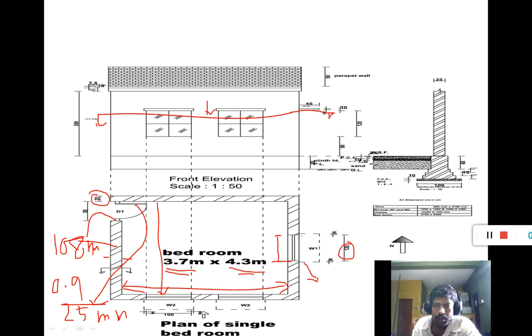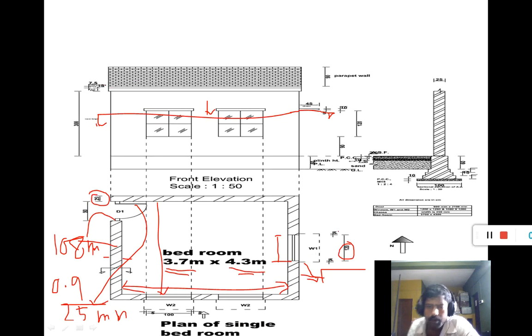Then this is the chajja width. Chajja width is 450 mm. Now this distance is 50 mm, that is 5 centimeter.